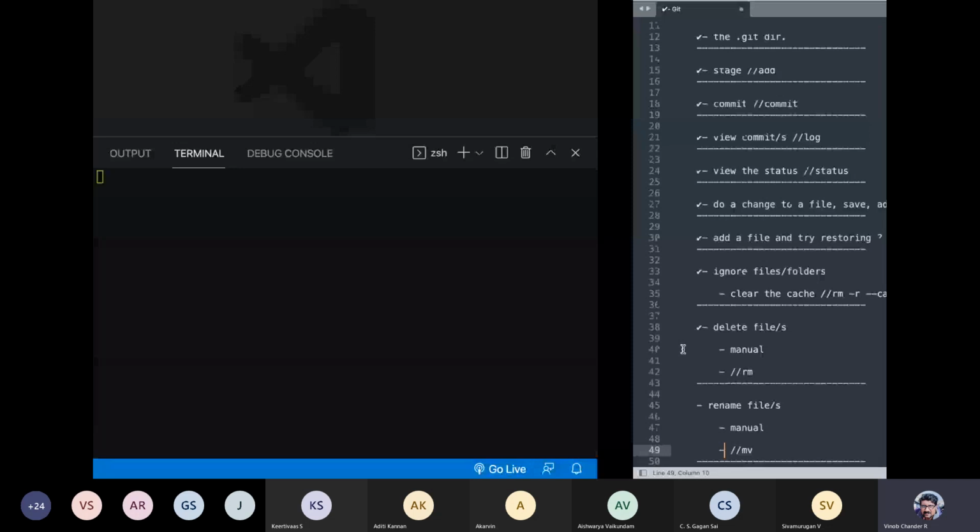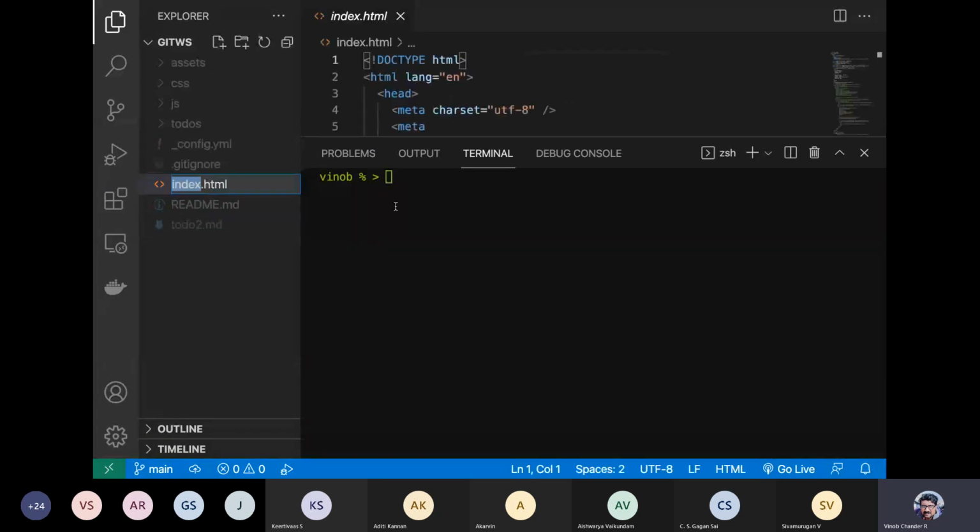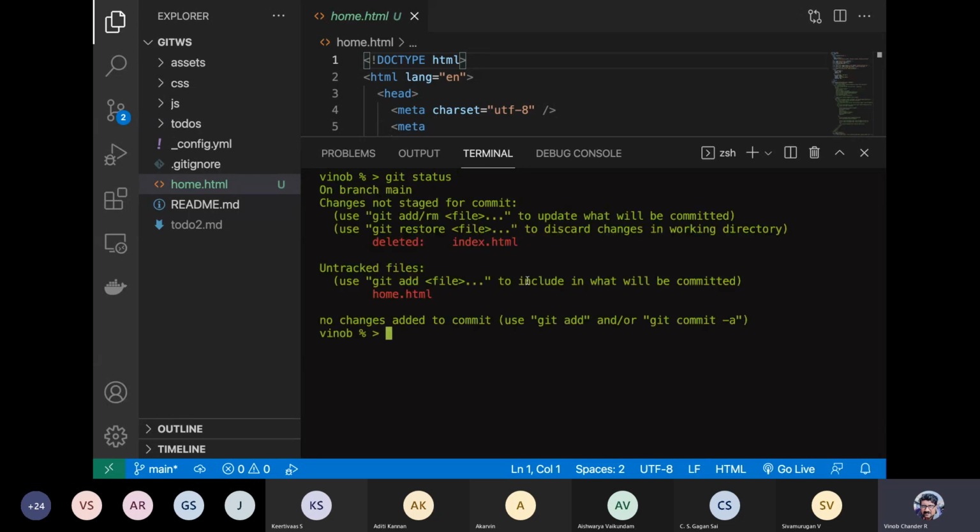Okay, let us get started with the manual part. Say for example, I just want to rename this particular file as home.html. So this is a renaming. I've just renamed this and it is untracked now. Now if you do a git status, see this. You have actually deleted index.html and then you have renamed home.html.